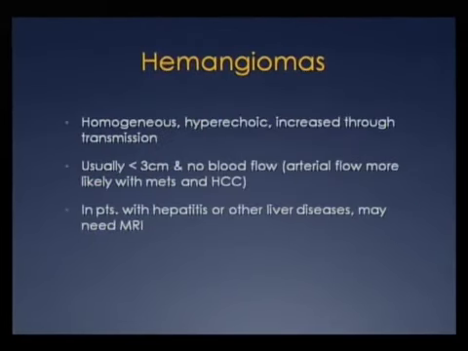Hemangiomas we see commonly, especially in young patients, and the hallmark of hemangiomas is that they're homogeneous, they're hyperechoic, and they have increased through transmission. They're usually less than 3 centimeters and are not associated with increased blood flow. If you see blood flow in a lesion with these characteristics, you may also want to consider metastasis and hepatocellular carcinoma in your differential, especially given the patient's history. And in patients with hepatitis or cirrhosis or other types of liver disease, you may need MRI for further evaluation